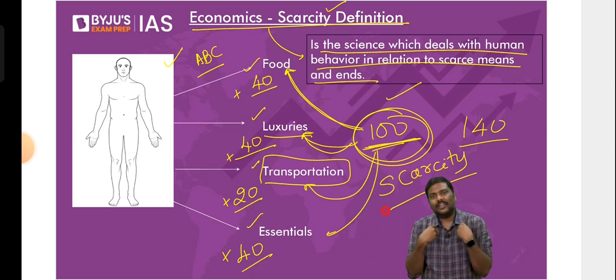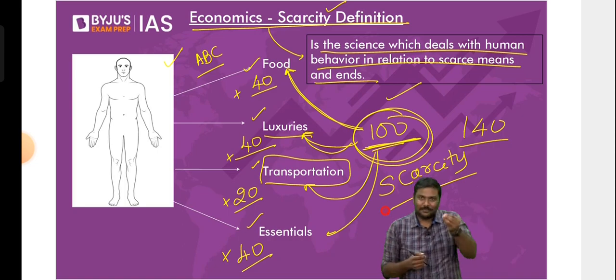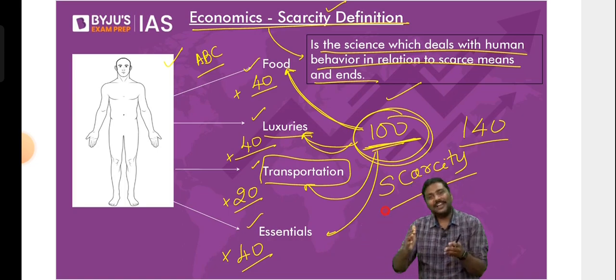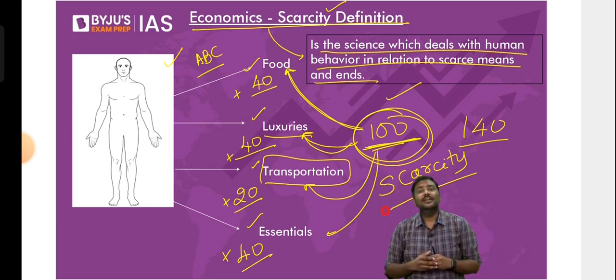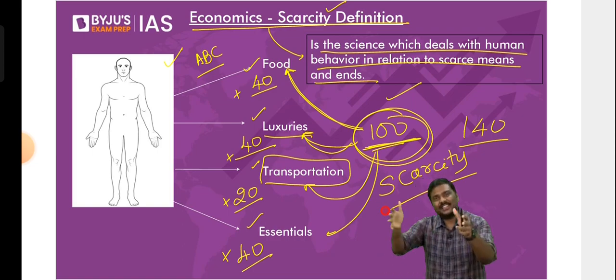To get anything in this category, let's say you want to purchase a Rolls Royce car, you'll have to pay money. Or if you want to go on a trip to, let's say, Dubai, you'll have to pay money for it. You want to purchase a high-end laptop, you need money. Some of you gamers need a laptop with a very high-end processor. That will cost you money. So the argument is, the money and resources that we have, which we want to use to get access to all these products, are limited.